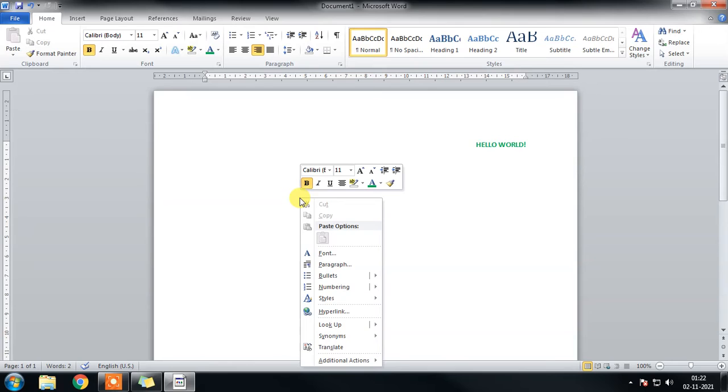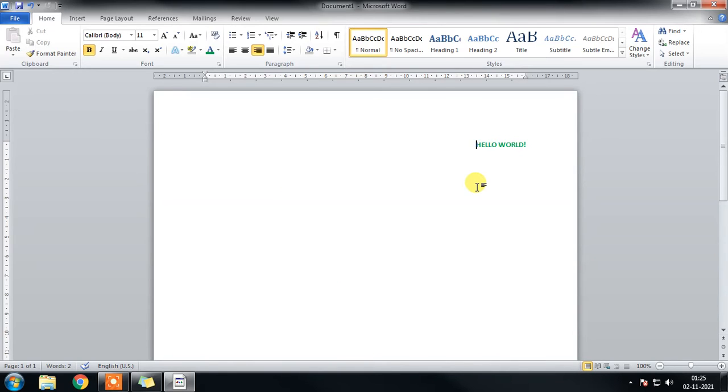Alright, now let's come to the main point. Let us look into the uses of the components of the Microsoft Word interface. Let's start with the top one, that is the word icon here. Either we right click on the word icon or we left click on it.